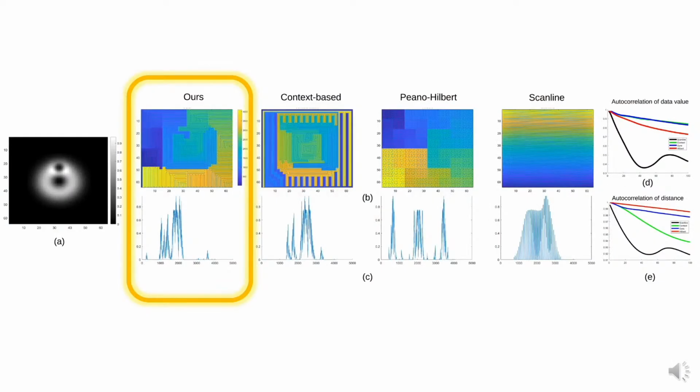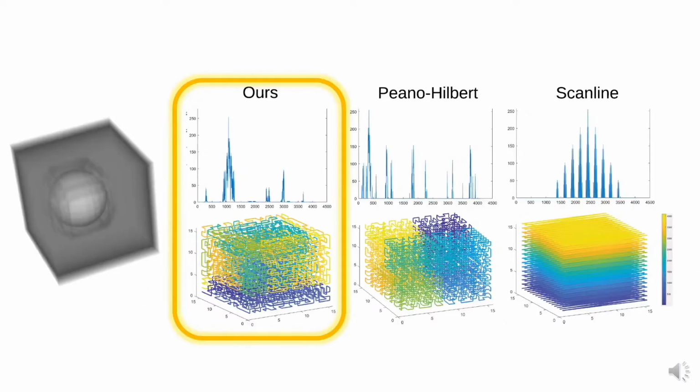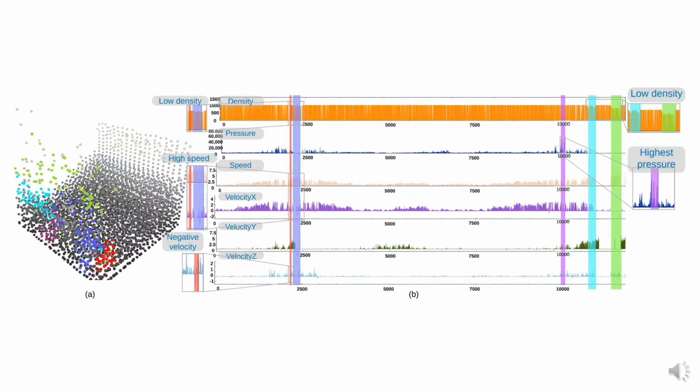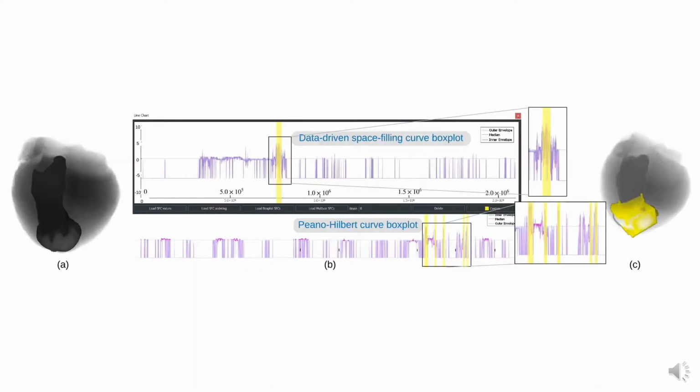We propose data-driven space filling curves. Our new method generates linearizations that better preserve coherency than existing techniques. Our method supports 3D datasets and even multi-scale data on a quad tree or an octree. Many visualizations benefit from our method. For example, visualization of multivariate particles and visualization